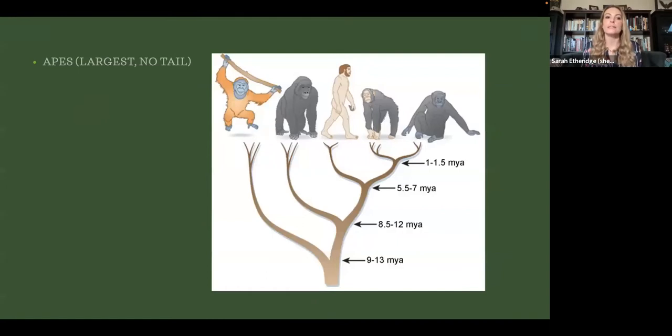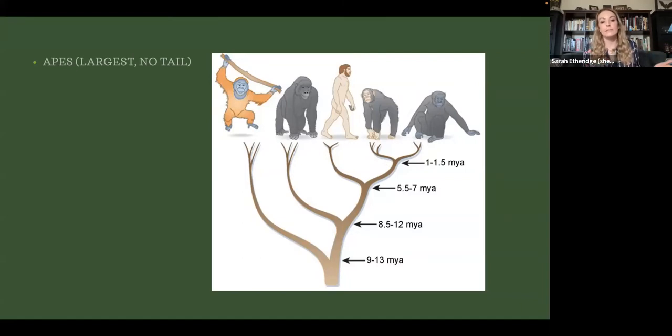And then third is apes. And this is, of course, where we go. This is the largest group of primates, and we do not have a tail. And that is something that puts us all together in that classification because we lost that tail with a common ancestor. Now, this picture is very important. It shows kind of a branching tree, and this in taxonomy really shows you how closely related different animals are. And so you can see at the base of the tree would be your common ancestor, and then every branch off of that represents a certain primate.